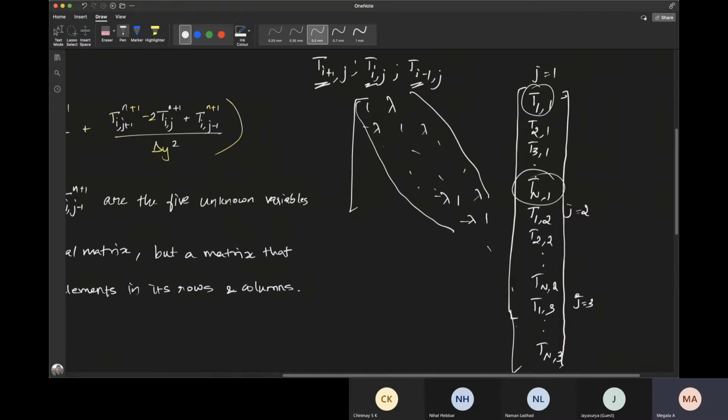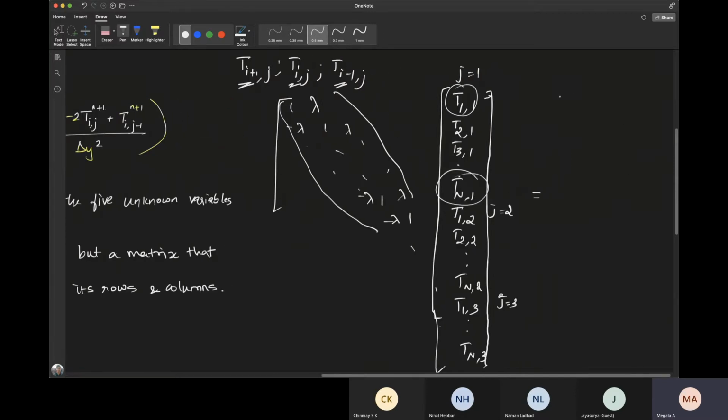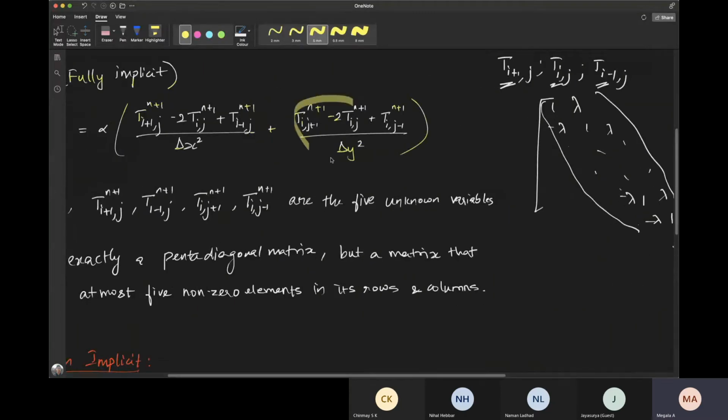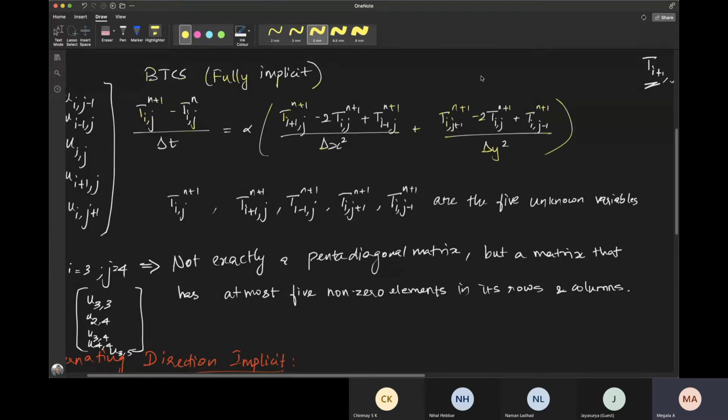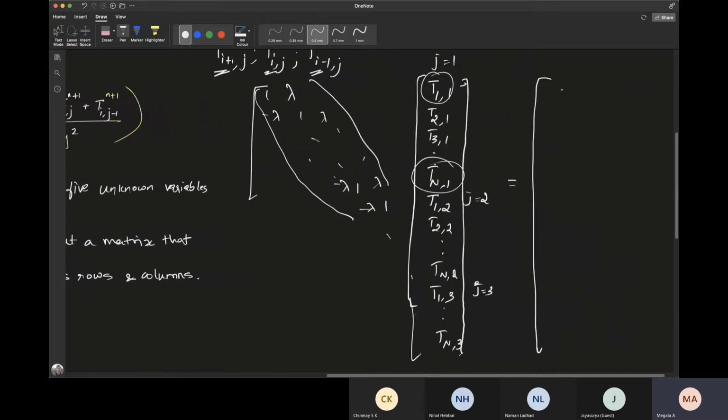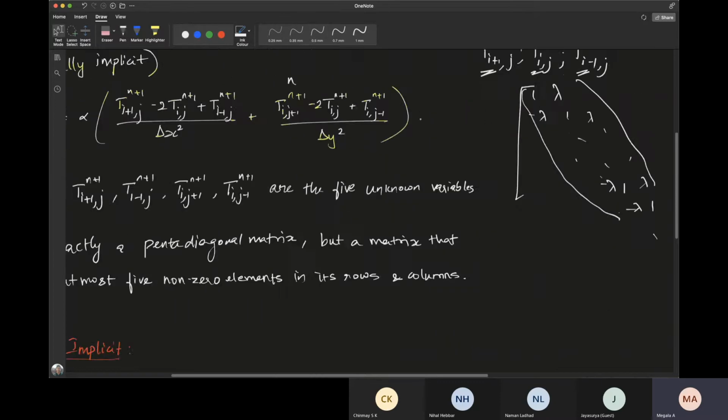It's almost tridiagonal. It's actually tridiagonal, because the one element that you're leaving out here will be 0 anyways. So it's actually tridiagonal. So yeah, now you can solve this system. Here you will arrange all the elements corresponding to this plate. This is known right now, since it is at time step n. So you'll take all these unknown quantities to the right side, and you'll be keeping those here. So now you can solve this system.